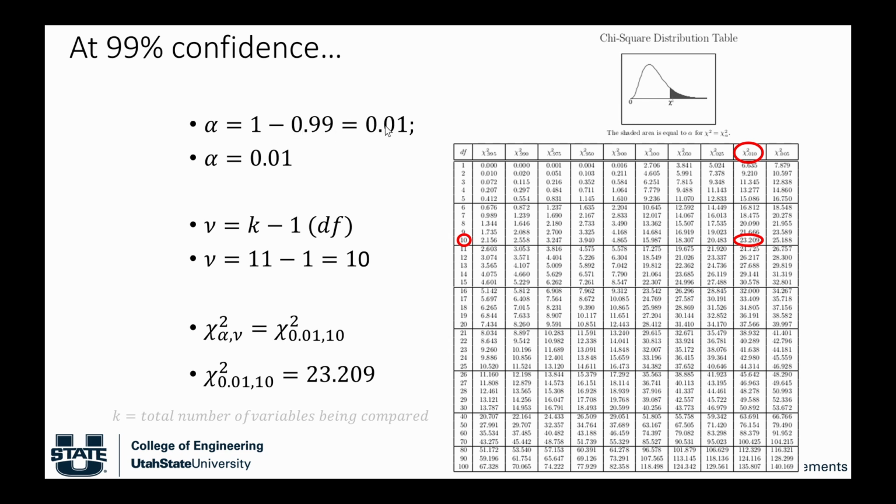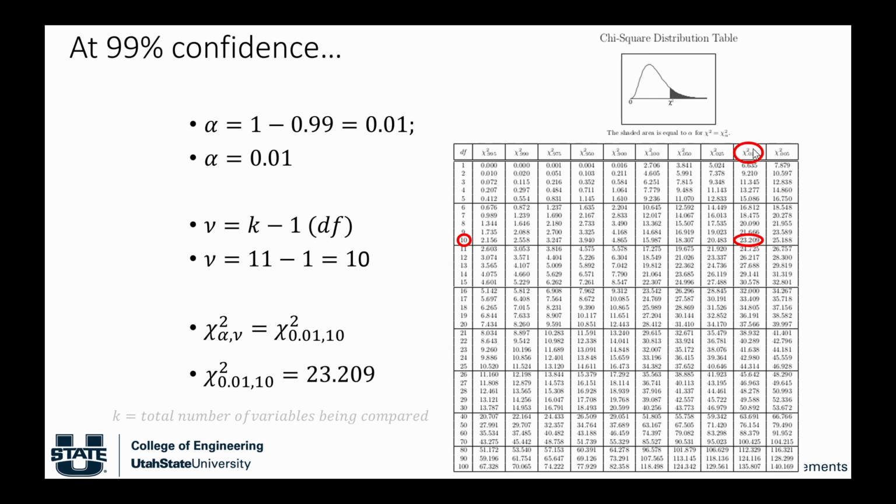So we have 1 minus 0.99 is 0.01, and that is going to give us this column. Now you notice that we don't divide that by 2 here because this is not a symmetric distribution, and so we cannot use the distribution halves like we were before. We can only look at it with the complete significance,